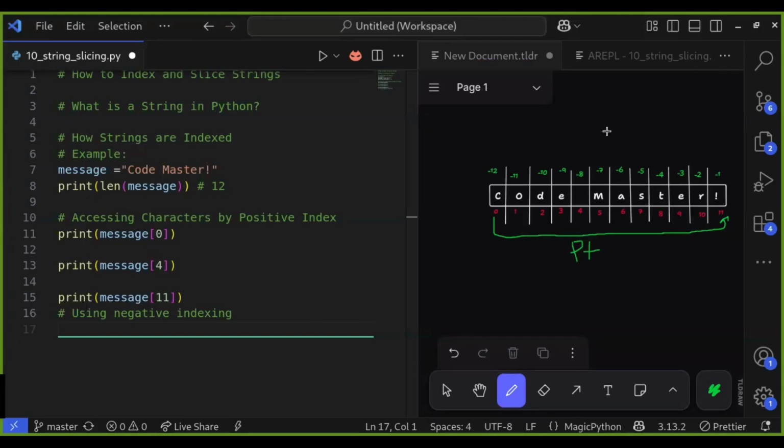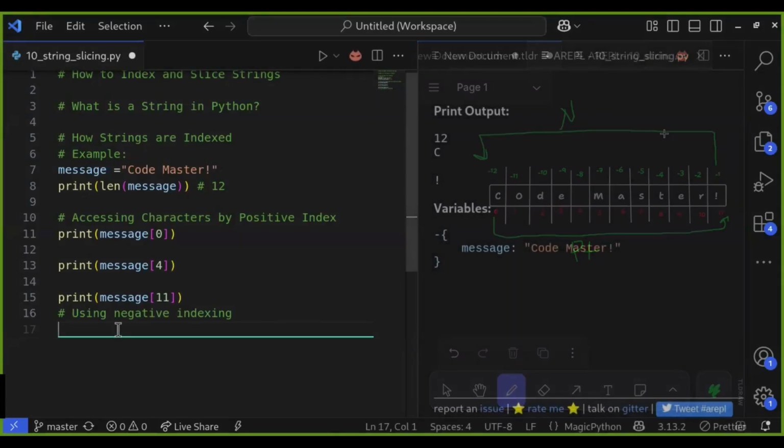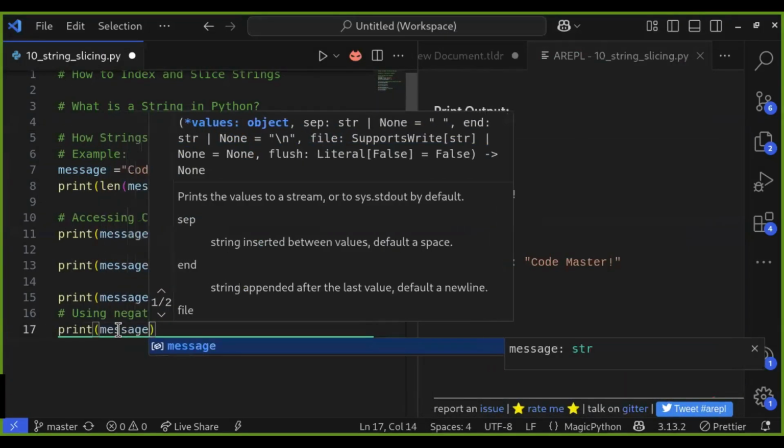So negative indexing starts at -1 from the end of the string, which refers to the last character. For example, if you want to get the last character, you simply use -1. So print(message[-1]).